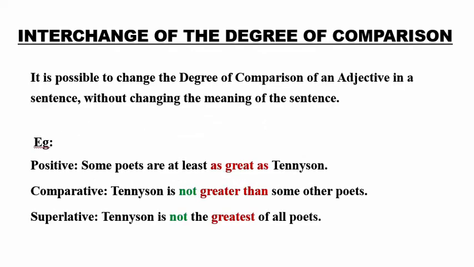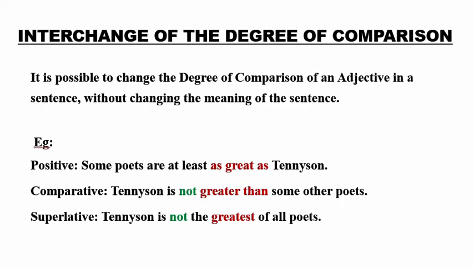And the next one is the interchange of the degree of comparison. As we said, we transform sentences in the previous examples, but in the same manner, we interchange the degree of comparison as we told in the second form of transformation, second rule of transformation earlier. We change the degree of comparison to make the sentence negative. And even if the sentence is not made negative, we can alter the degrees of comparison to give the similar